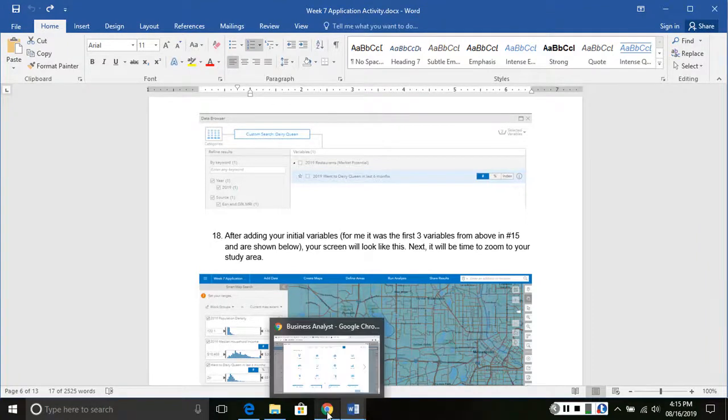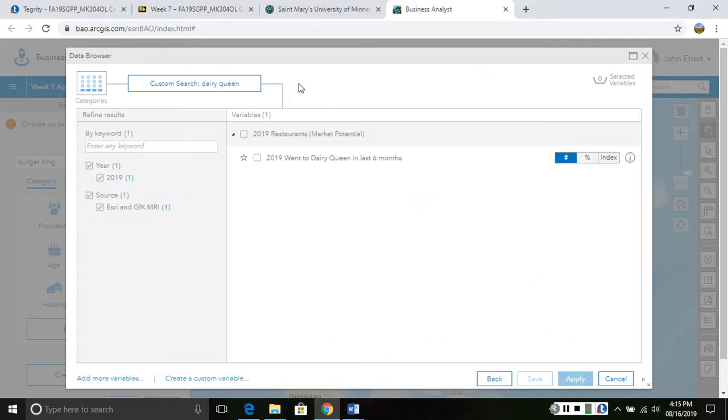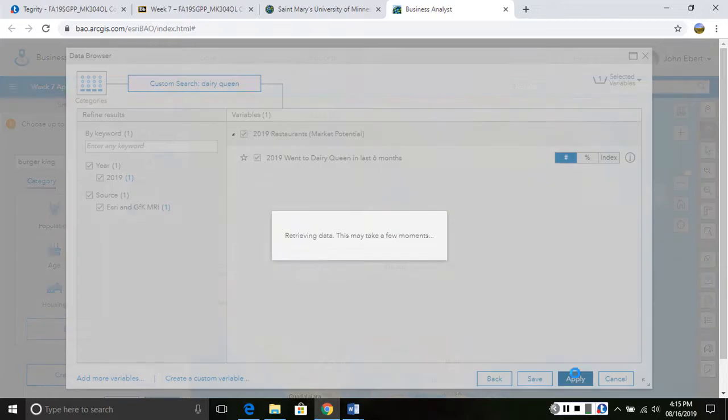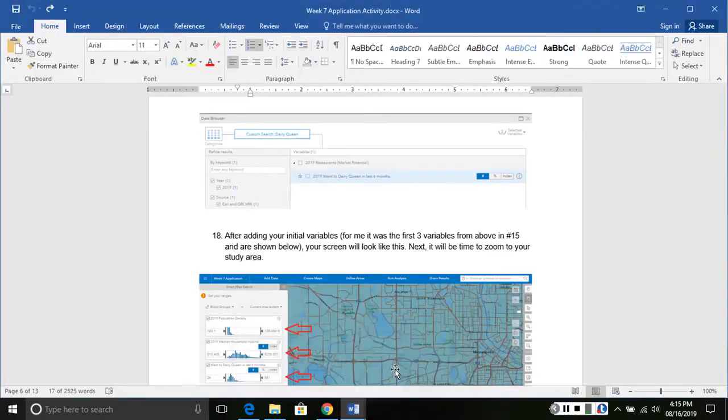So let's go ahead and add in, I'm just going to type in here, Dairy Queen, and then search or enter. And right here, I see the amount of people that went to Dairy Queen in the last 6 months. So right now you can see that this variable went into my model to be analyzed up here. Okay, so I can select apply. And while that's working,